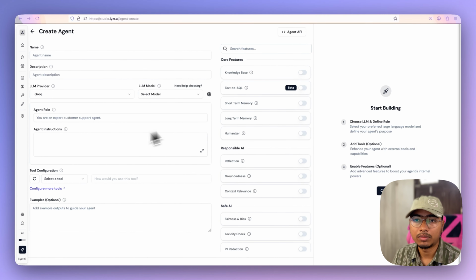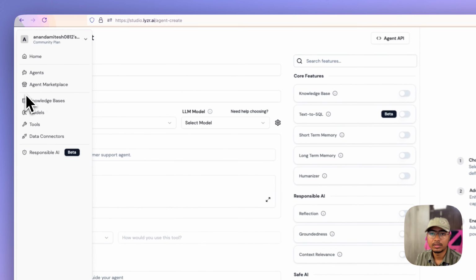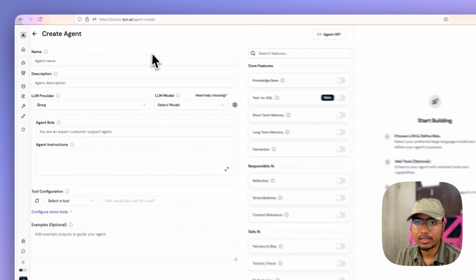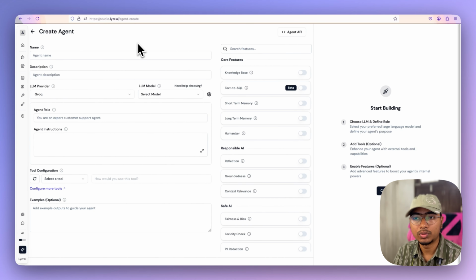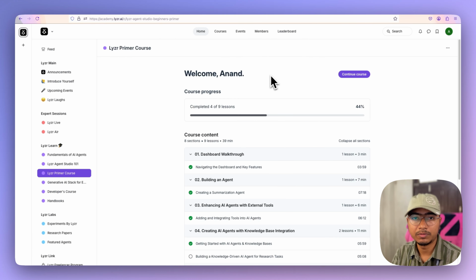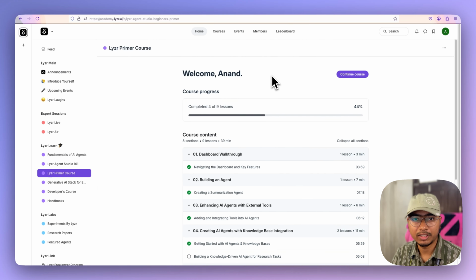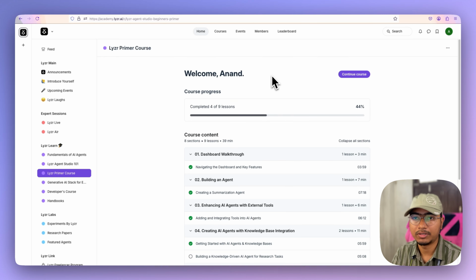Now we have covered the dashboard of Lyzr AI, and we are going to build an agent from scratch. But before that, I'm going to show you a demo of how you can build an agent using code. I have already implemented an email sending tool, like my friend has implemented it, but I'm going to show you the same demo inside this tutorial. Before we move forward to the demo part of both creating an agent from scratch using code and using Lyzr,